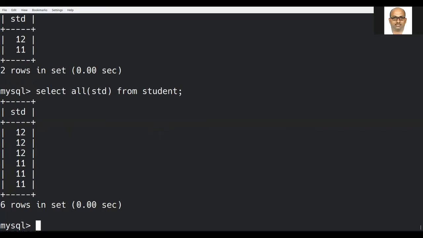One more thing, column alias is there. So here, select distinct. If I want to rename the column std as remove duplicates, I am just specifying something in double quotes.